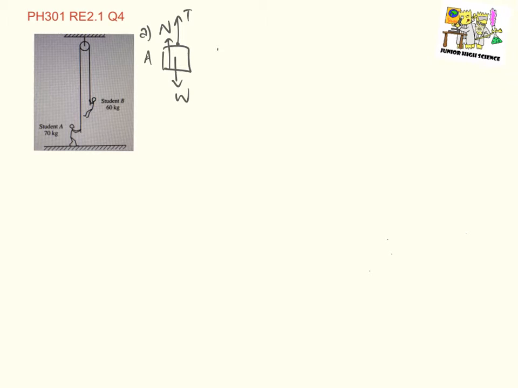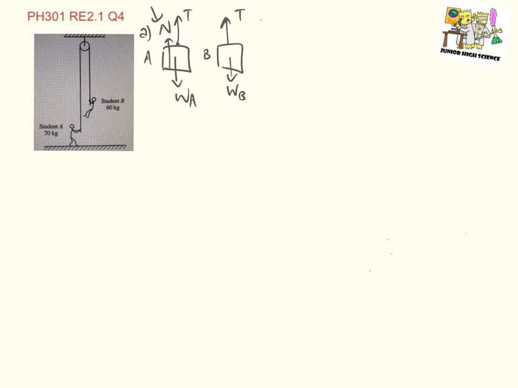Now for student B, the same thing goes. There should be weight of B. Let me be careful with my notation, weight of A and weight of B, and there should also be a tension force. Now for part B, the question wants us to find out what is the value of this normal